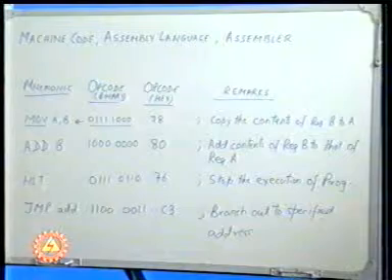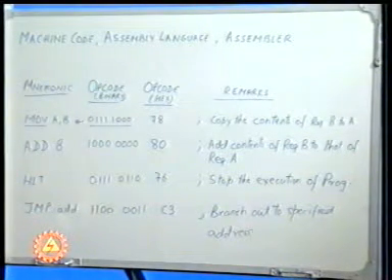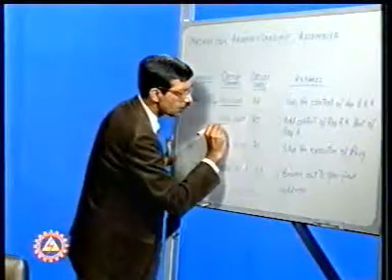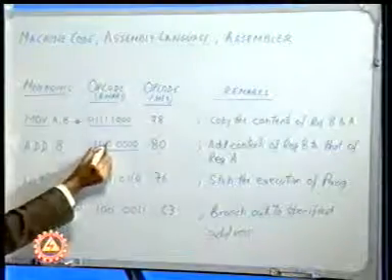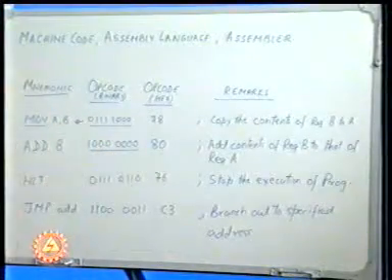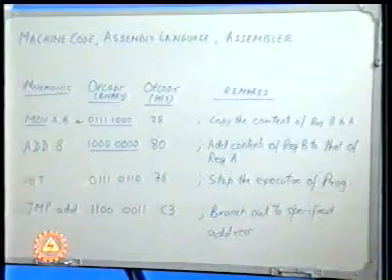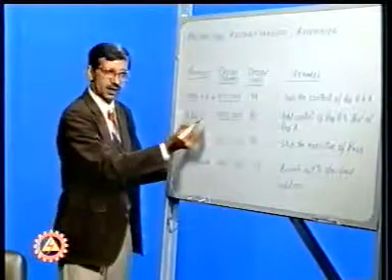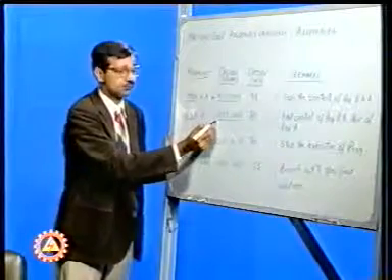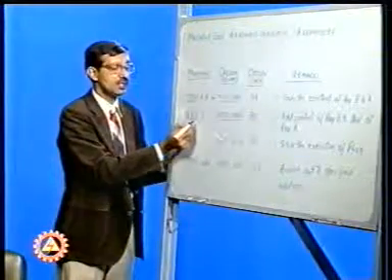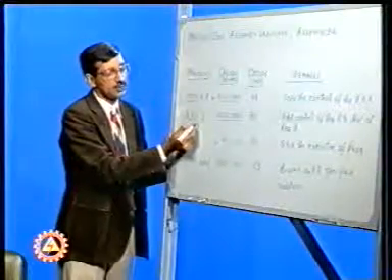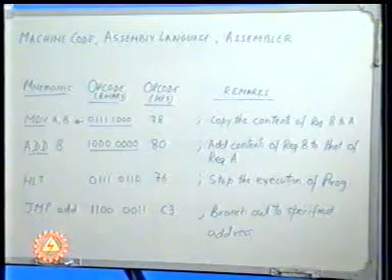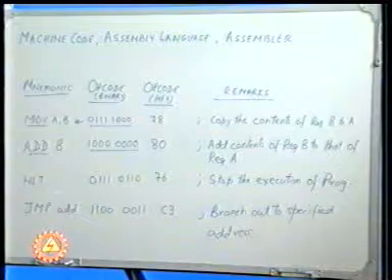We can take another example. Let us say our objective is to add the contents of register B to that of the accumulator. For this, the code available to us is 1000 followed by 0000. Now, we may remember maybe 1 or 2 or maybe 10 or 20 combinations of binary digits, but again I repeat, it is difficult to remember. So once again, we associate a code which we call a mnemonic, and we say it is ADD. The moment we say ADD B, it automatically indicates that we want to add the contents of register B to that of the accumulator.